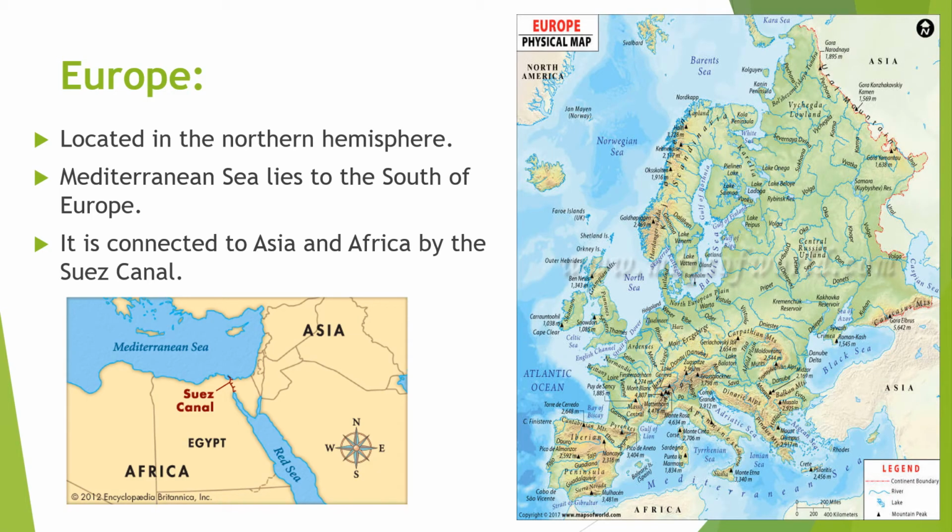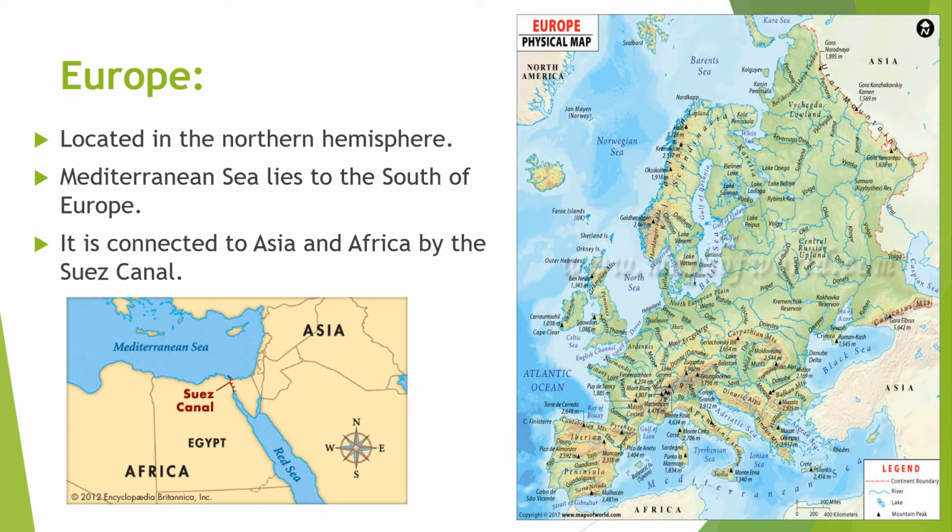Moving on to the continent of Europe. Students, Europe is a small continent located entirely in the northern hemisphere. It is connected to Asia by land, mostly through the Ural mountain range, and is surrounded by the Mediterranean Sea on the south side. The Mediterranean Sea forms the divide between the continents of Europe, Asia, and Africa on the